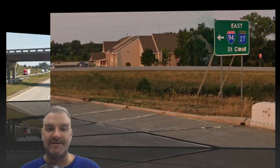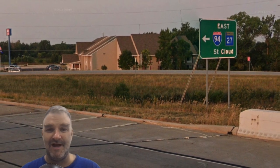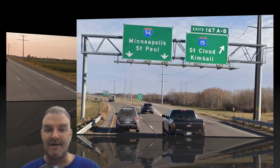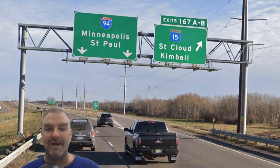Paul here. And from Alexandria, we're now on East 94, Minnesota Highway 27, St. Cloud. No mention of US 52. Now St. Cloud is on the second line, Minneapolis on the bottom line where it should be. In St. Cloud, we've got this exit with Minnesota Highway 15, and 94 gets a pull through for Minneapolis and